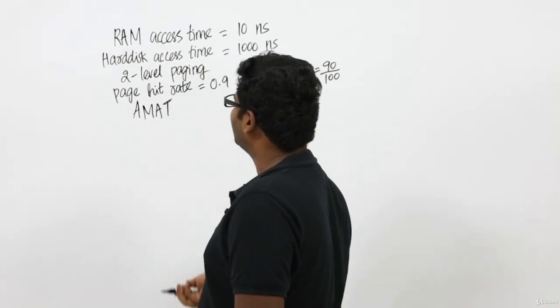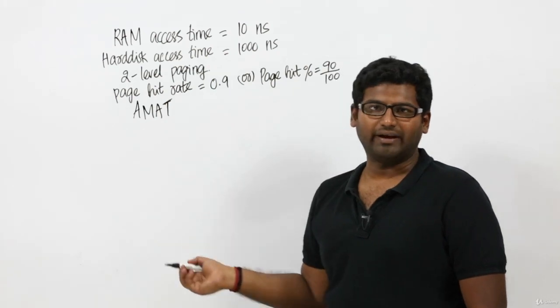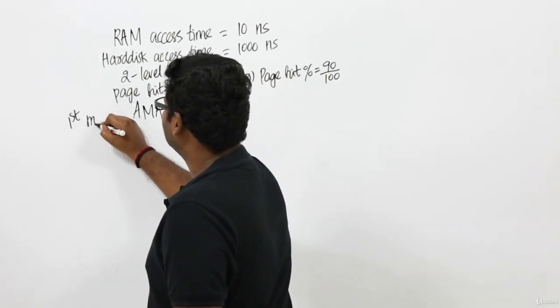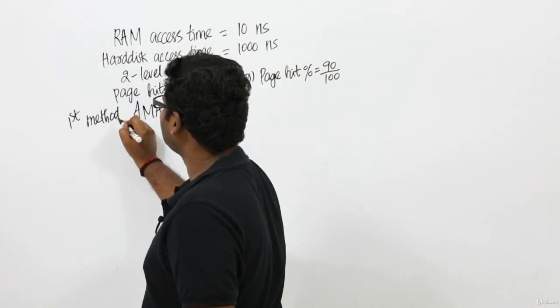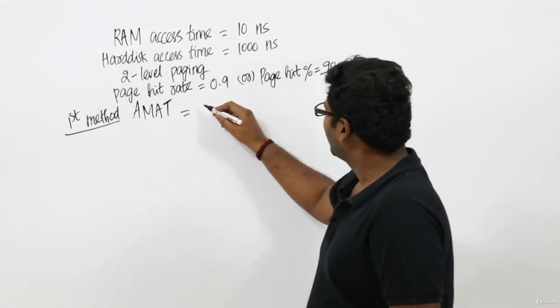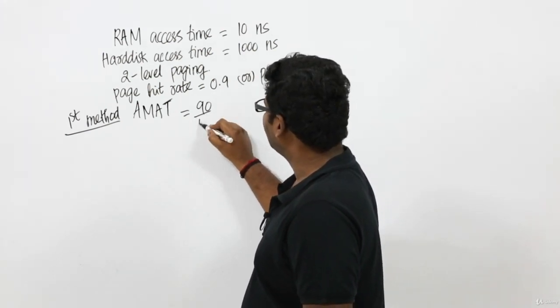See, you can follow any method. You can either follow the first method or the second method. Anyway, we will solve both in this video. Let me solve the first method. Average memory access time equals 90% of the times